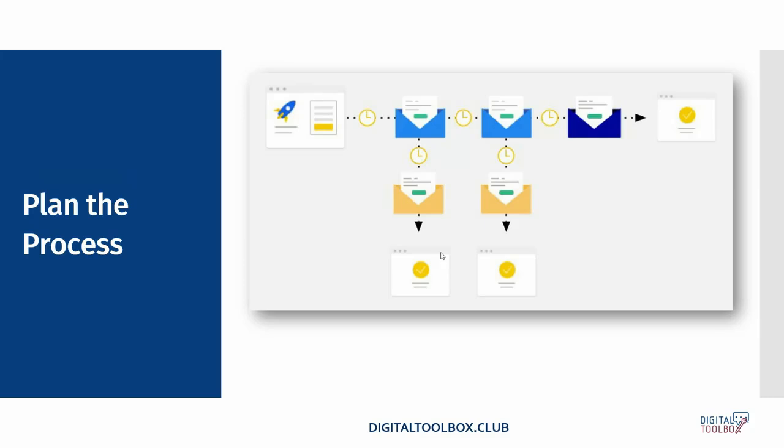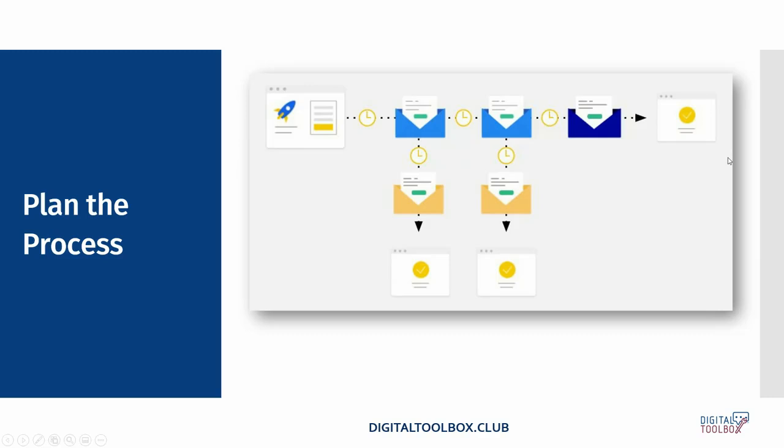Plan the process. I love this graphic because it really helps you think about, where do people go next? I'm going to send them this email, and then if they open it, they get this and this. If they don't open it, then they get this. If they open it, they get this and this, and if they don't open it, they go down this path. This takes a little bit of work to set up, and you really need to think about how you're building those campaigns. But with automation tools, you can make sure that the right people get the right campaigns.